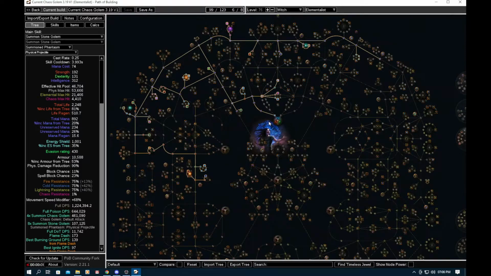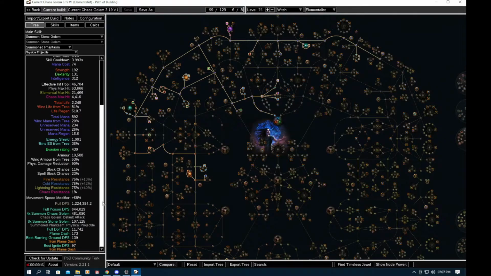Hi guys. Okay, I pulled in my POB at the current state. This is for the Chaos Golem build that I've started in the Lake of Kalendra. At the moment we're about level 76, 77. We're sitting at about 1.2 million DPS, and I worked out here that's with the Stone Golem, and I've got